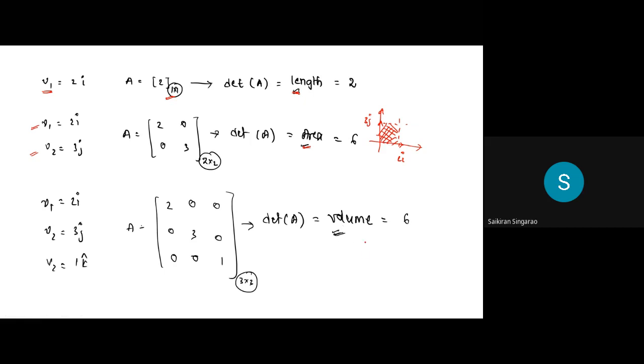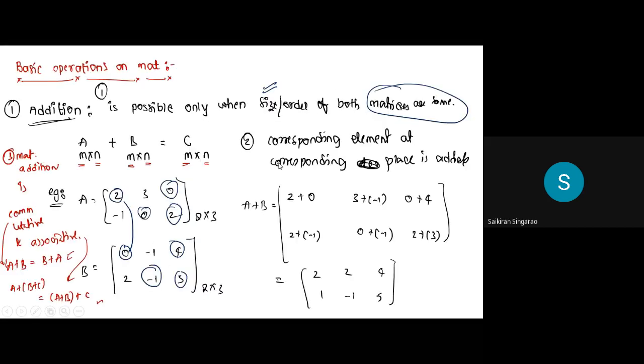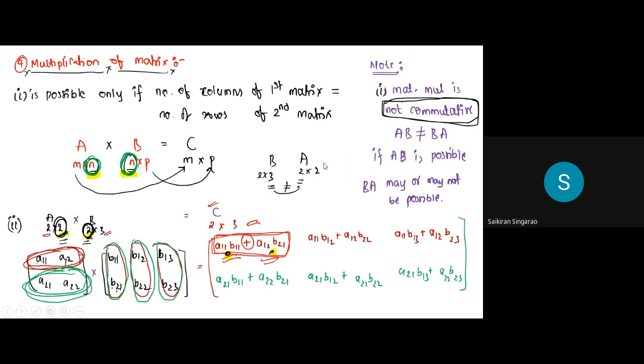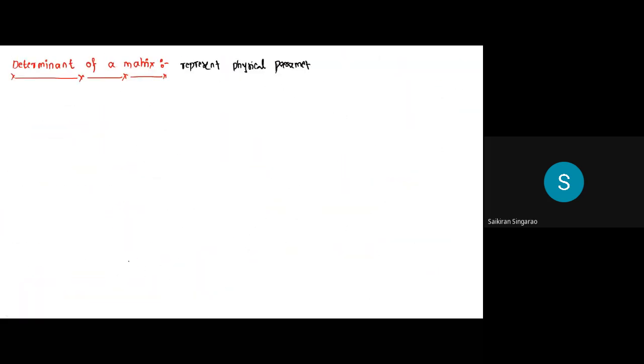Similarly, when I wanted to show volume, volume is also nicely shown like this. It's a 3 cross 3. Sorry, it's a 3-dimension system. You have 2i here, 3j here, and say k here. So a nice box like this would be formed. And whatever is the volume of this box, that would be shown by determinant, right? So these are the things we have to understand when we are talking about determinant. So what I wrote here, determinant represents a certain physical parameter, right? But you'll not find this definition in textbooks. It is for understanding only.